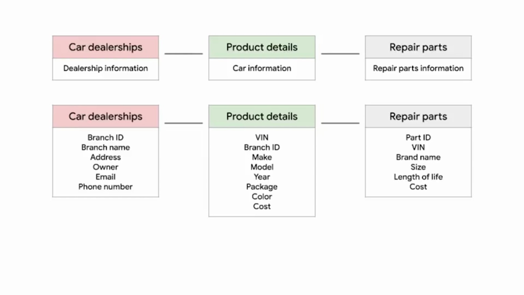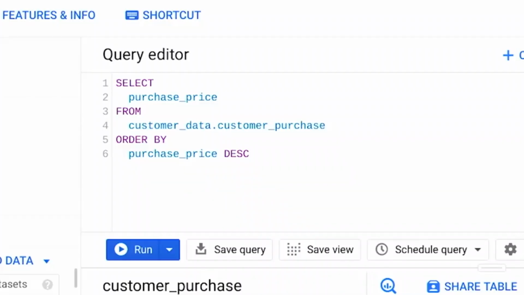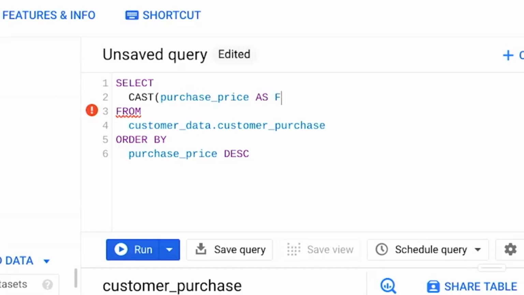For example, the total number of a particular brand of car sold, or a repair part for a specific make and model of a car at a certain branch. Tables allow you to make decisions about data types. They help you to figure out what variables you need and the data type those variables should have. So if you have a database where you need to convert a data type during your analysis, you can do that by using the cast command in SQL or any other method that you learn on the job or from your own research. Like this example, where we converted a purchase price column to be a float instead of a string so that it was in a numerical form we could use for calculations.